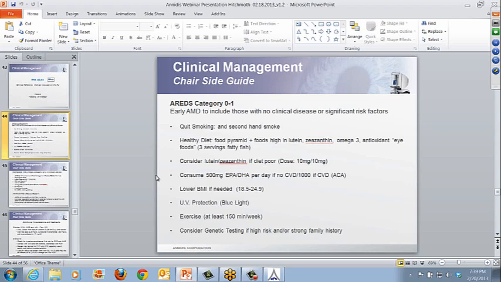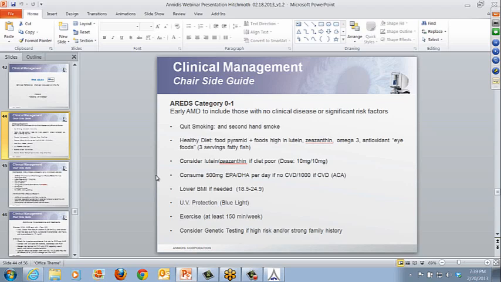So I think it's a no-brainer that for patients who have high risk, family history, light irides, etc., we should be educating those patients at a minimum to quit smoking, avoid secondhand smoke, make sure they have a healthy diet that's certainly rich in the carotenoids that are important for fortifying the macular pigment, having a diet rich in antioxidants, eye foods, so to speak, and that includes all of the things that everybody knows about, the dark green leafy vegetables,